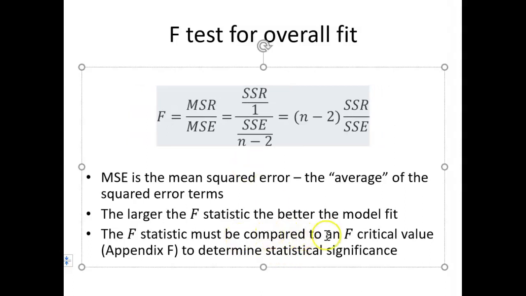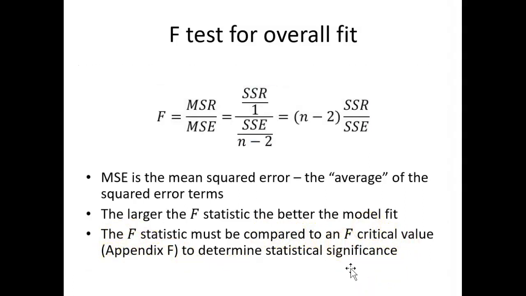should be compared to a critical F value that you can find in Appendix F to determine statistical significance of the model. So the R squared statistic does not have a critical value. It's just a scalar that goes from 0 to 1. The F statistic can actually tell us if the model is statistically significant. So when